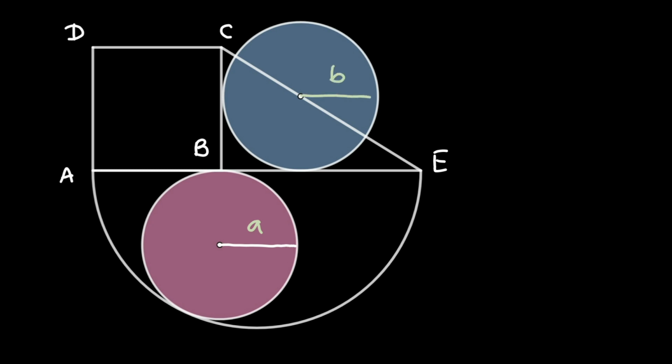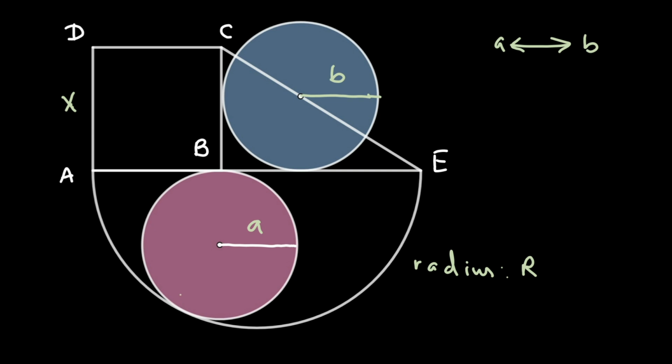Okay, now except these two figures there are two more figures. One is the square and the other is the semicircle. So I will simply take the radius of this semicircle as a variable capital R and the side length of the square as a variable X. Okay, so now the goal over here is to find a relation between A and B, that is the radius of these two circles. So for that we will utilize the fact how these circles are arranged in this